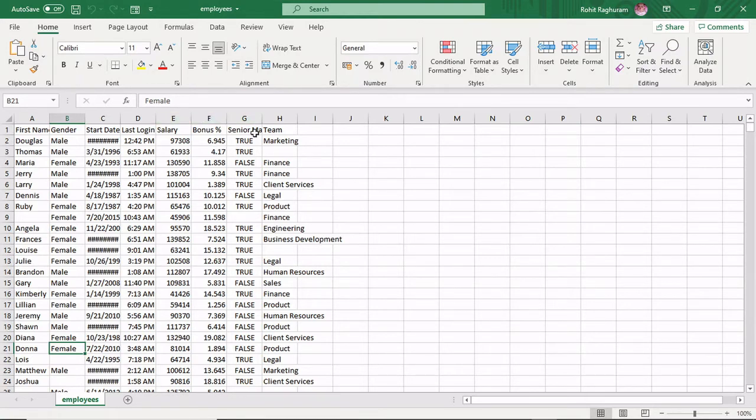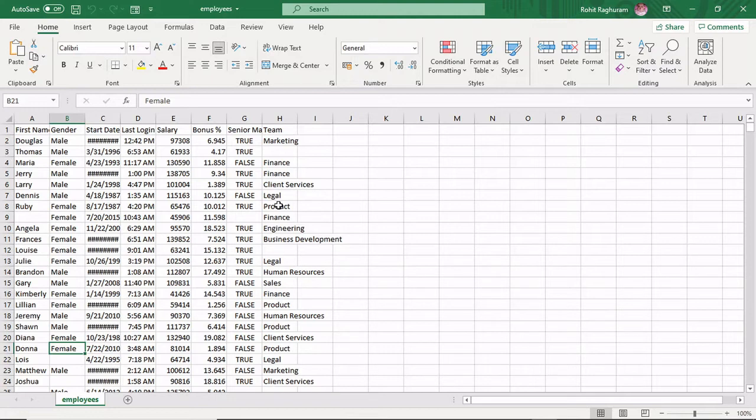And before I do that, I need to split this data of 1000 rows on the basis of the unique teams, and then create tabs for each of those teams and do this conditional formatting on the salary and bonus percent to see the relationship between the two for each of the teams available in the team column. Now there are two ways to do it. Either I do it manually in Excel every day, which is a very tedious job, or I use Python to do it. So how do I use Python?